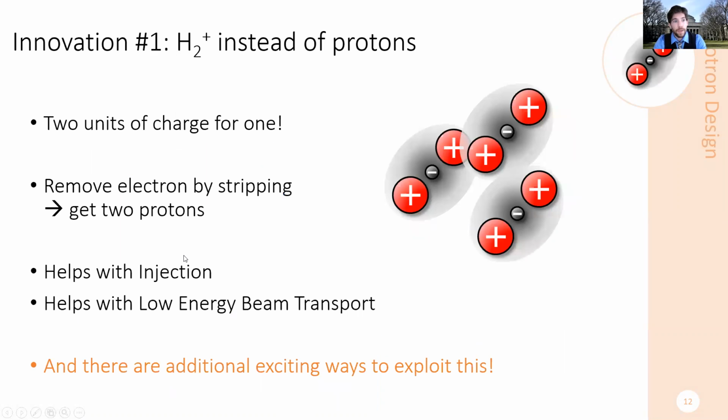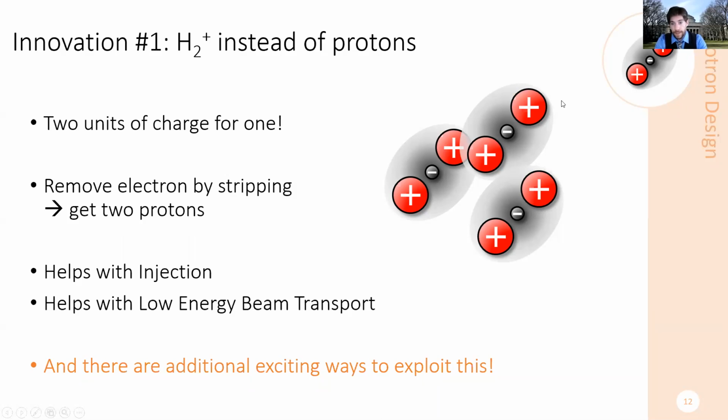So what if instead of protons we actually accelerate H2+? H2+ carries 2 protons bound together by 1 electron. So if we accelerate this, and then at the end, after extracting from the cyclotron, we strip away the electron, then we get 2 protons back. So that means we can accelerate half the current, so we can accelerate 5 milliamperes of H2+, and then we can strip into 10 milliamperes of protons. Of course,